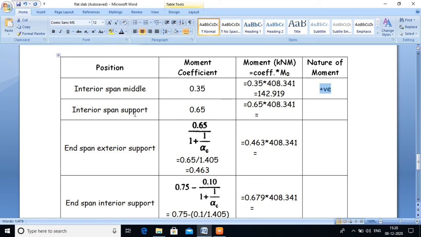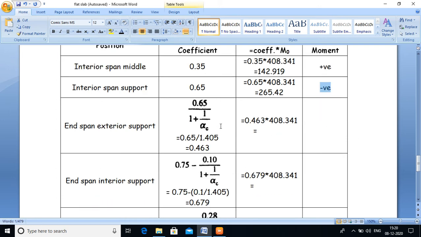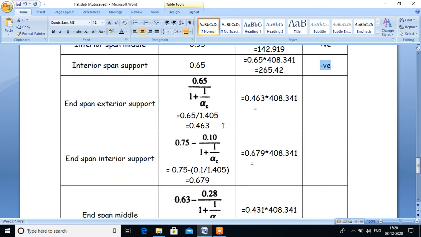Now at the support, whatever moment we get, we multiply that M0 by the moment coefficient 0.65. So 0.65 into 408.314, we'll get the magnitude of moment as 265.42, and as the moment is at the support, the nature is negative. Okay, in a similar fashion we'll calculate the coefficient and the moment magnitude for various conditions, like end span exterior